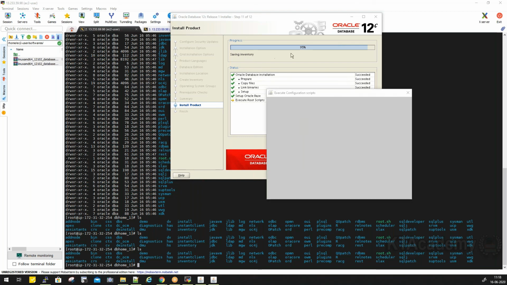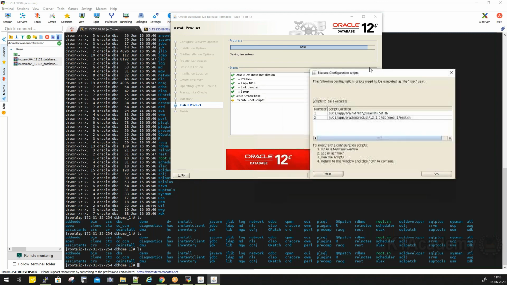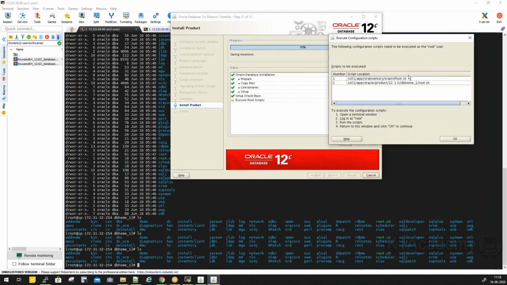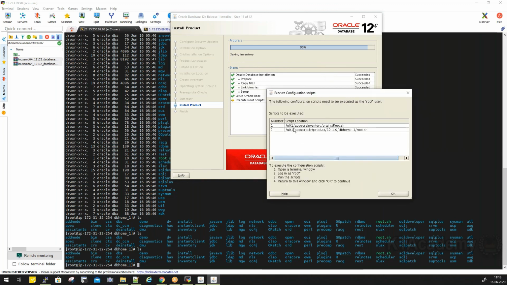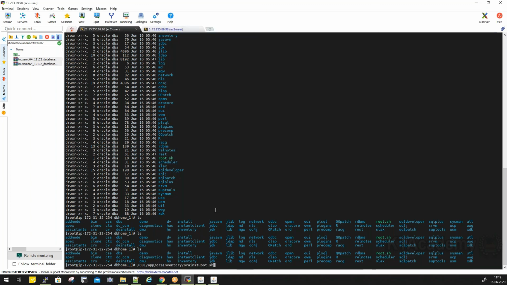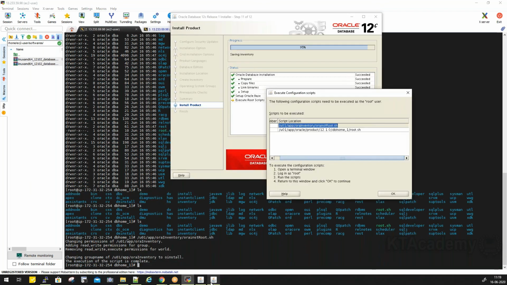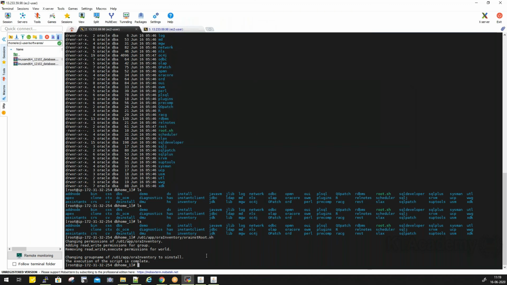Now we have completed 95%. At 95%, you will get two scripts which we need to run as the root user. Let me copy these locations and run them as the root user. The first script is done, so copy the second script. The first one is for the oraInventory, and the second one is for root.sh. The first script sets the oraInventory location under the oinstall group, and the second script